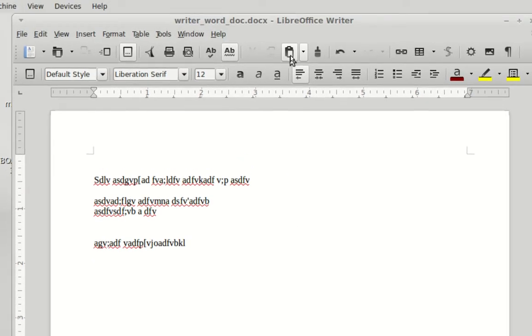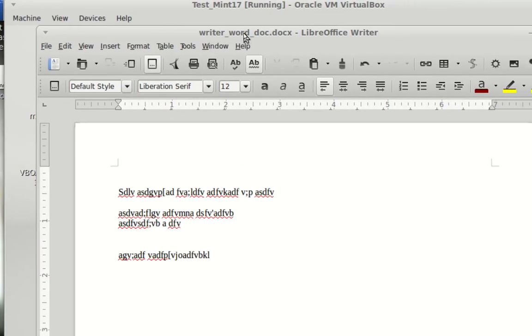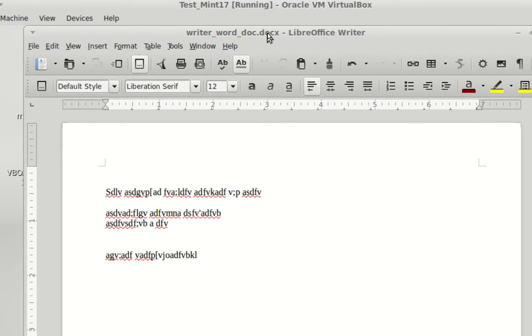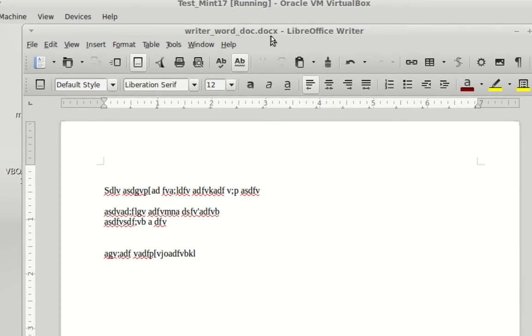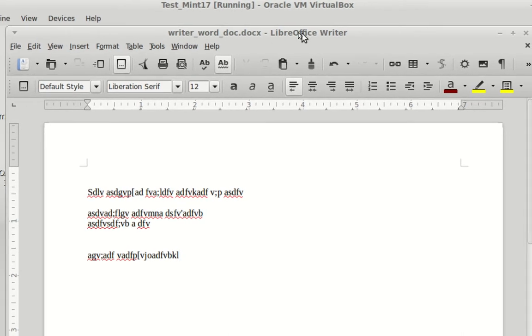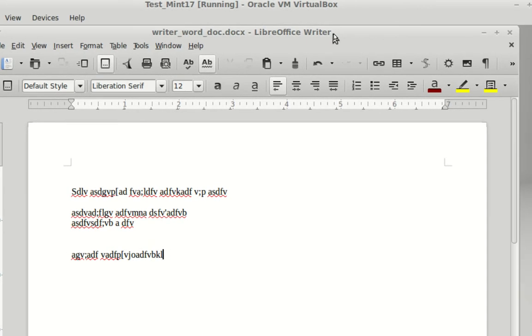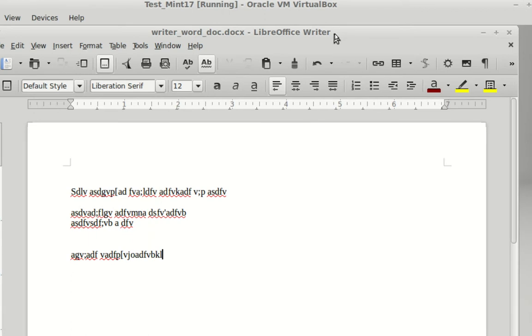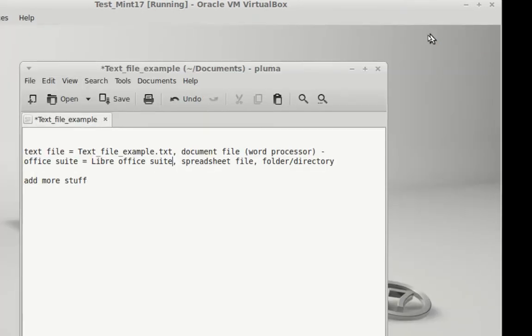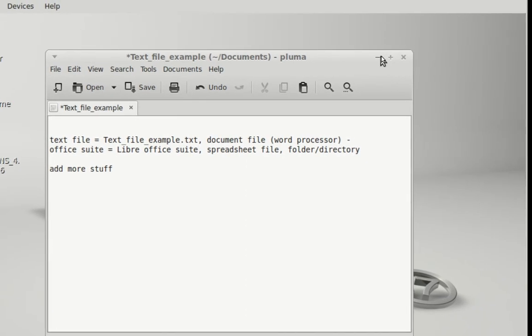And then if we go back up to our top, you'll see the name of the document that we just created. You'll see the extension, which is DOCX. And you'll see what type of document it is saved as, a LibreOffice Writer. Alright, and so then we could just minimize this and minimize this,